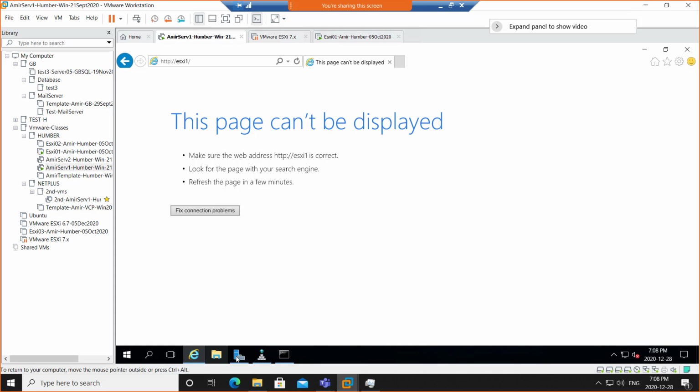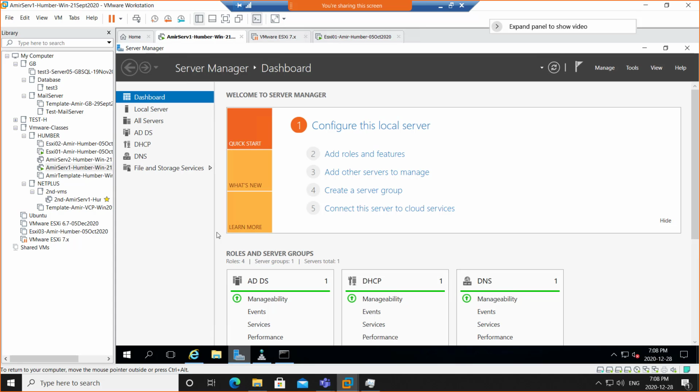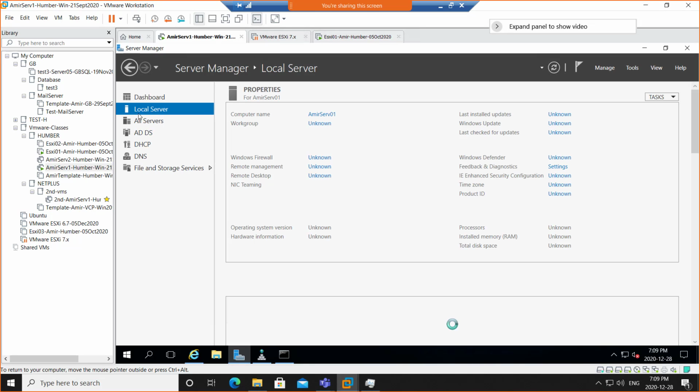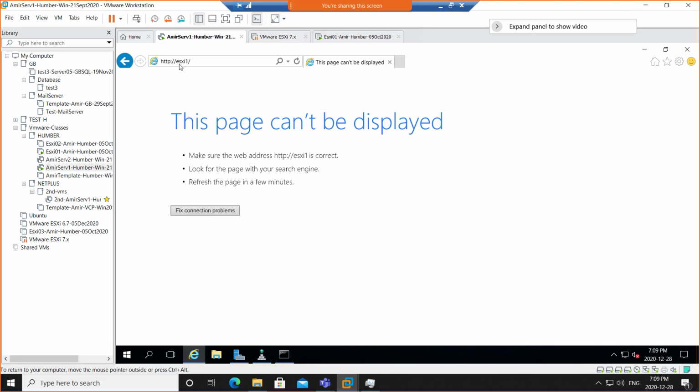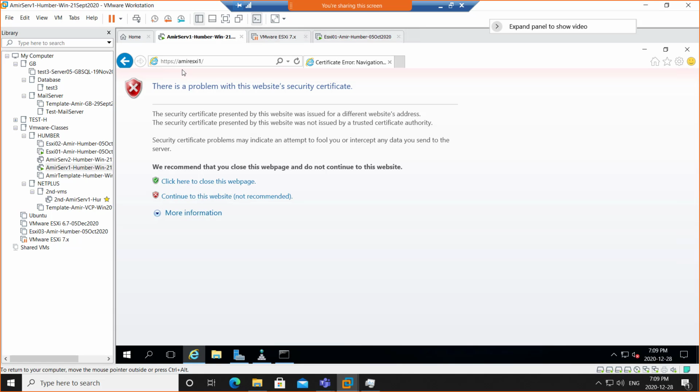There's internet there. So I'm going to go to the server manager, this one, and go to local server. The name of the server is not correct. Yeah, you're right. Thank you. Your first name, ESXi1, HTTP console. There you go. Thank you. Okay. Yes, alternative was also saying that, and save it also. Thank you both. Okay, so here, continue to this website,